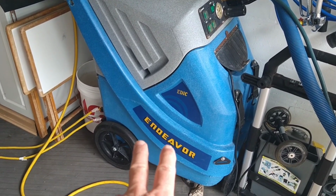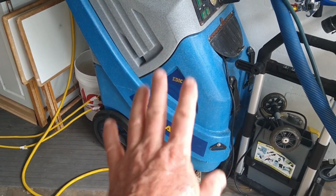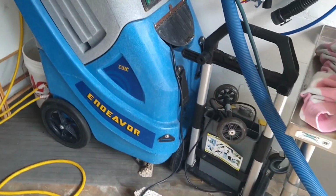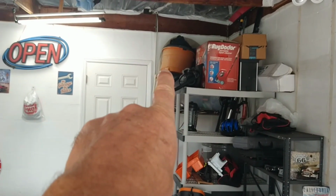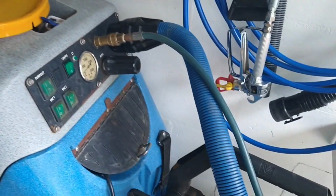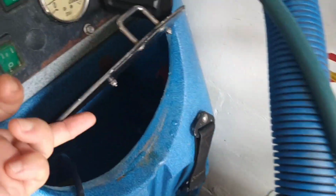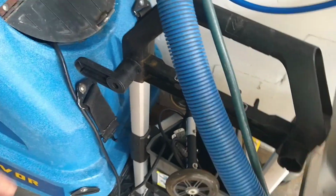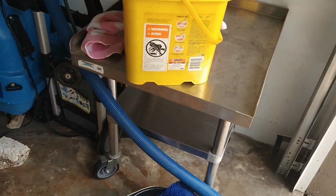You may not have something this big or this large, but even a Rug Doctor, you can do this job with stains. You can even use a shop vac like that one up there, which I use for all wet applications. So in mine, I've got the water temperature at 208 degrees using just a bucket heater in the